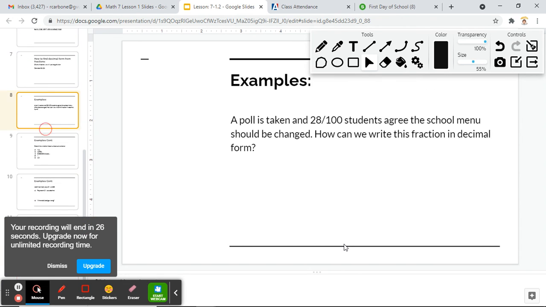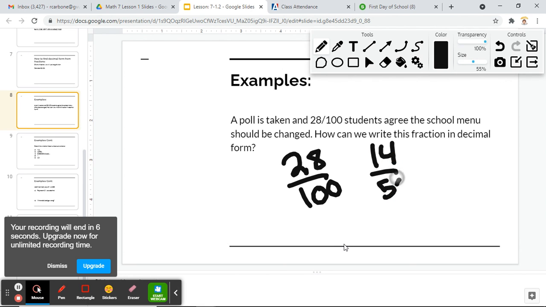Alrighty, a couple more examples for us here. A poll is taken and 28 out of 100 students agree that the school menu should change. How can we write this as a fraction in decimal form? 28 over 100. All right, so again, we could go to long division here. So I'm going to simplify it first. I know 28 is divisible by 2. I'm going to call that 14 over 50. These are also divisible by 2 here. So 14 divided by 2 is 7. And we're going to